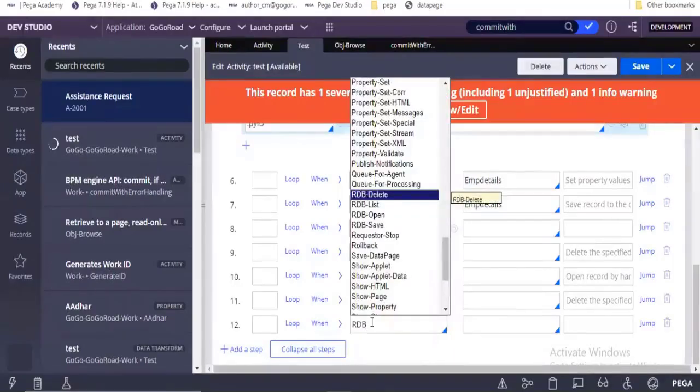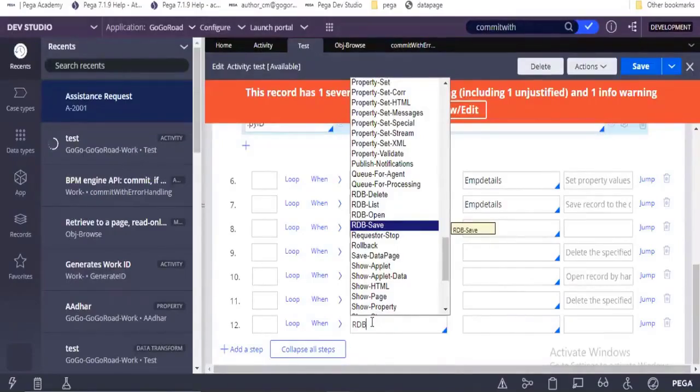There are RDB delete, RDB list, RDB open, RDB save. Whenever you are browsing data from an external database, not a Pega database, then you have to use these RDB methods.